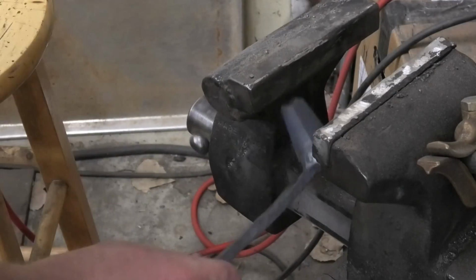Alright, so what's happening here is your boy's an idiot. So first I didn't ground the piece I was welding, and then I didn't turn on the shielding gas. So basically I'm killing it. But after I figured all that out, I did get it welded onto the handle beautifully,